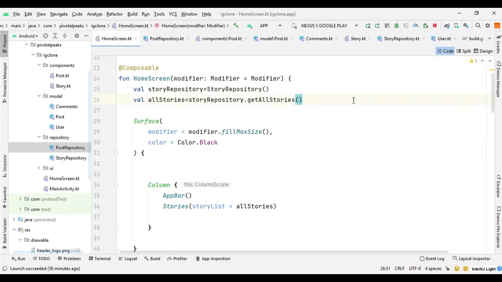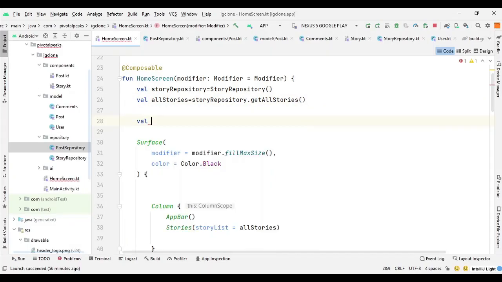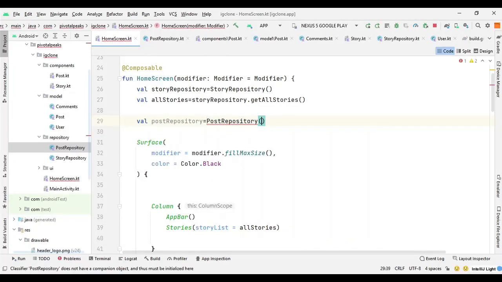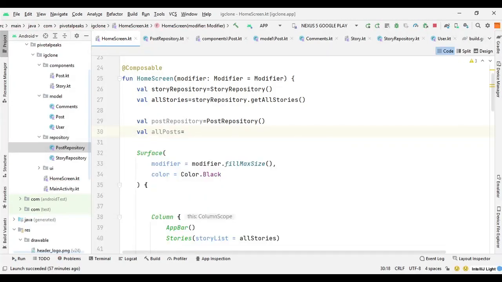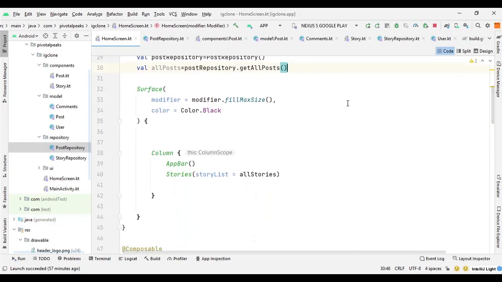Here we create a reference for the PostRepository as well, so we can say val allPosts, then we can fetch all posts using the postRepository.getAllPosts function, and here after stories we can create a divider.